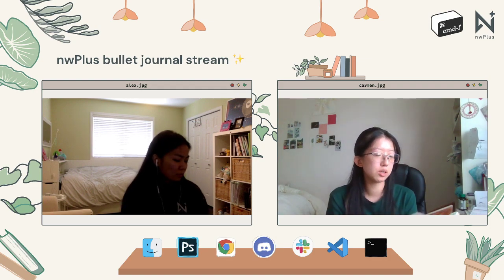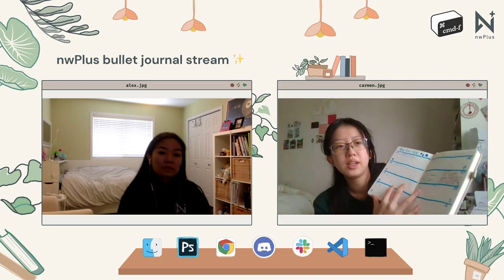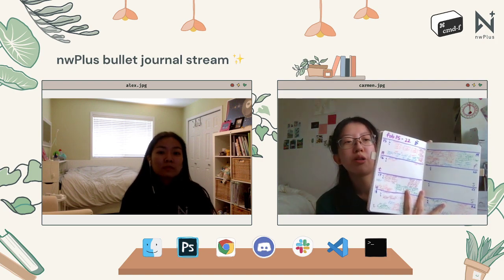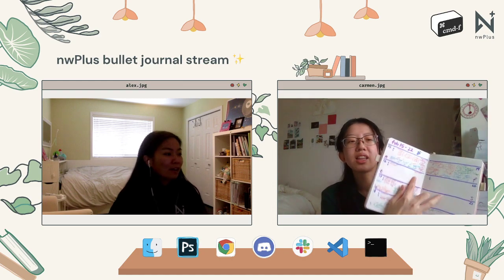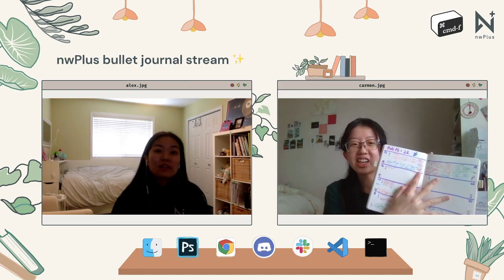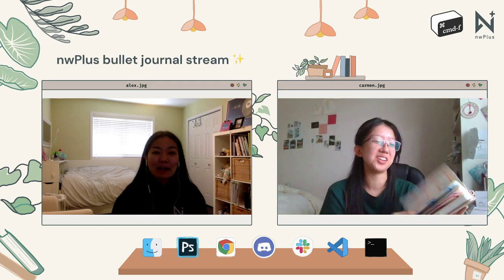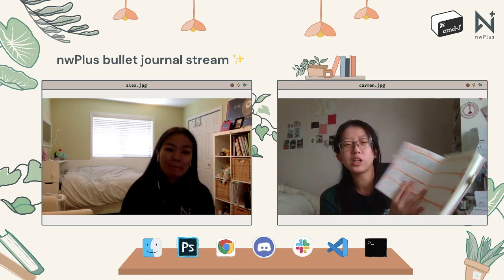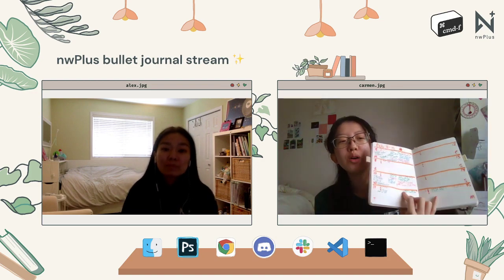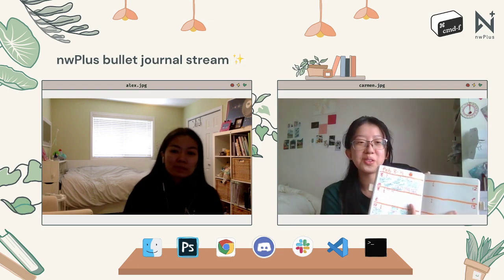I do keep my spreads pretty simple. This is a blueberry theme, and this is a grape theme. The text, I have horrible handwriting, but that's okay because you shouldn't read this anyways, it's just me talking about sleep, and there's an orange theme. It's 8 pages, and you might think that's weird because there are 7 days in a week. But I